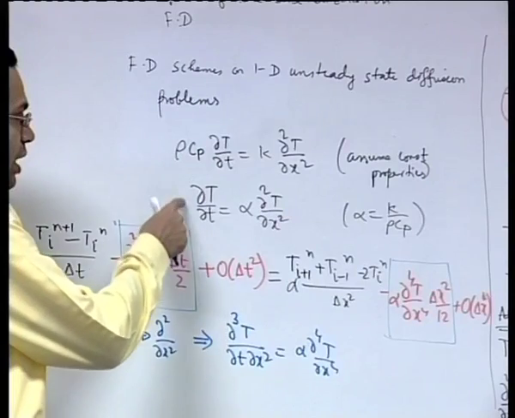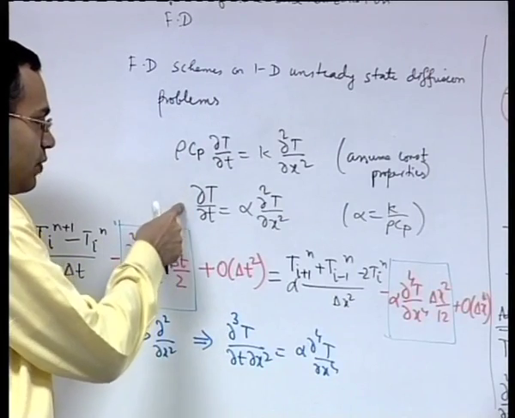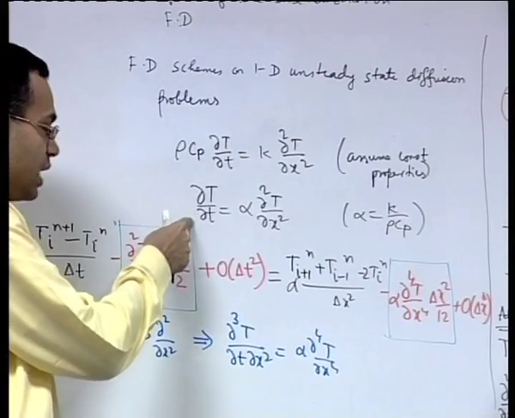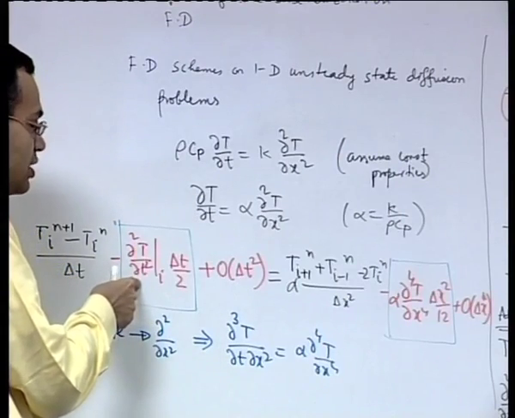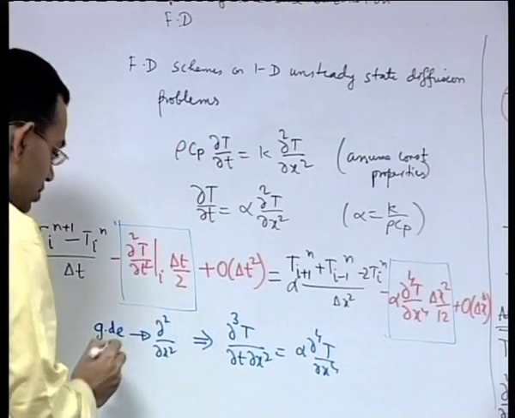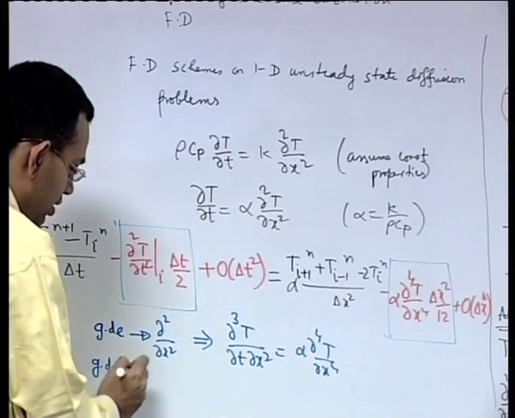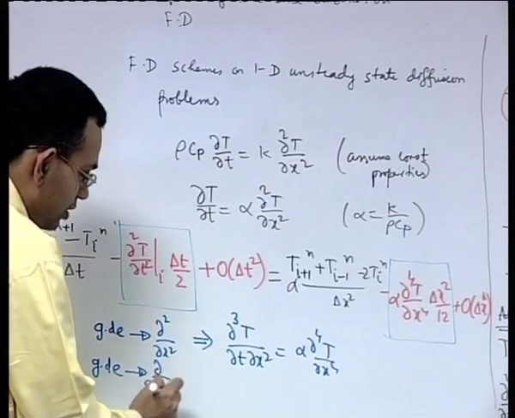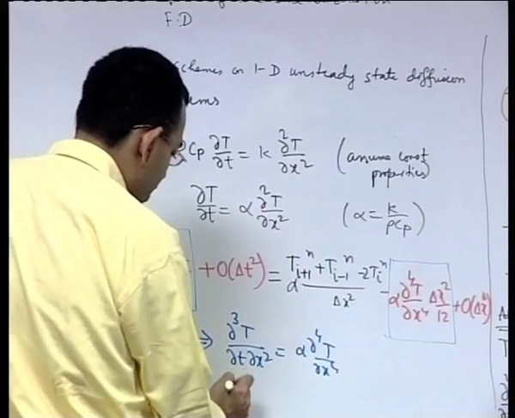Similarly, you can differentiate the governing differential equation once with respect to time to get del square T del t square. So, the governing differential equation, if you partially differentiate it with respect to time, you will get